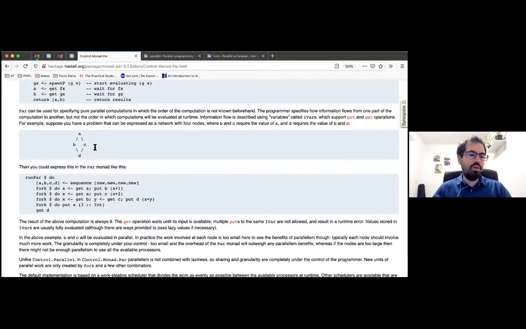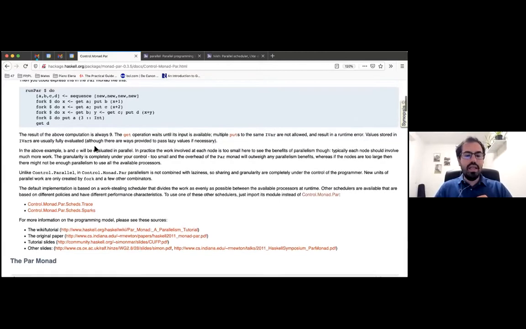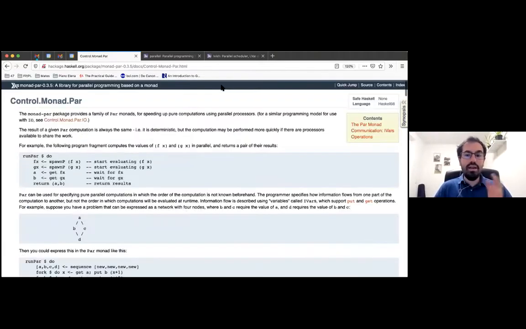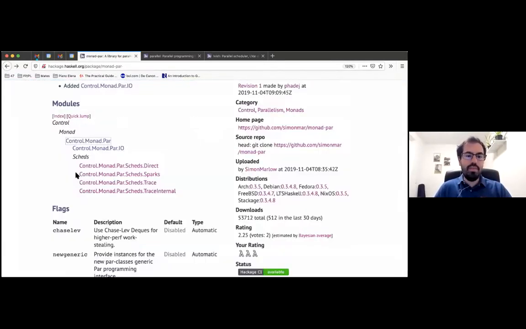So the good thing about this is that for most people, this is quite similar to other things, like, if you do JavaScript, this looks very much like promises, for example. So you essentially say things which you want to execute, and then, under the hood, these things are just executed. There is this, and what I wanted to mention about monad par is that